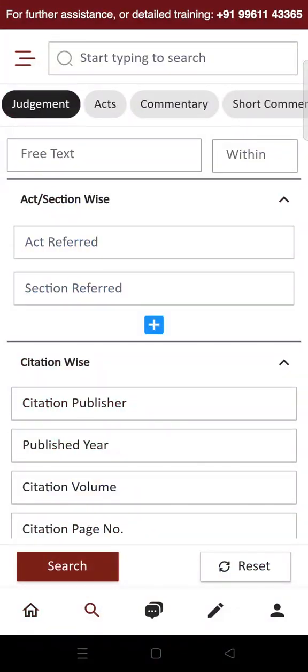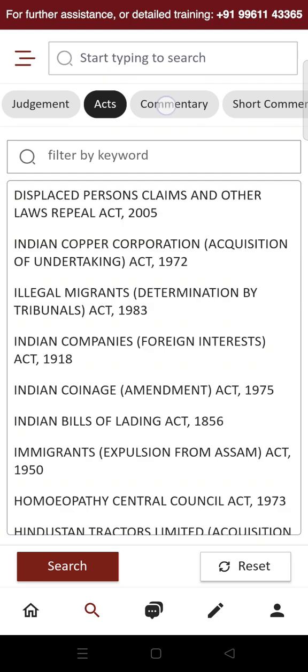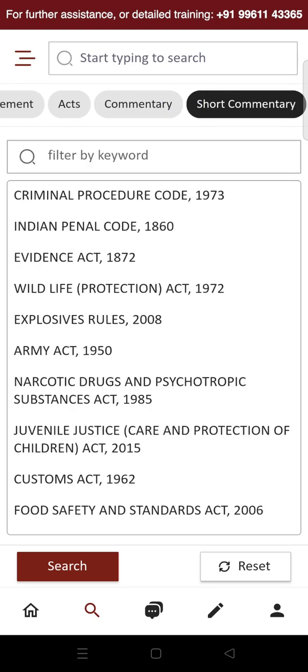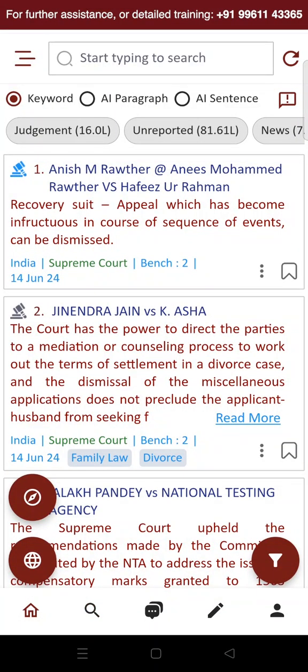In the advanced search, you can search not only the judgments, but also any central or state statutes. Additionally, you can access commentaries and short commentaries as well. You can click the Home button to get back to the home screen and use the Clear button to reset your search. On the home screen, in the Keyword option, you can search for any document containing the words you